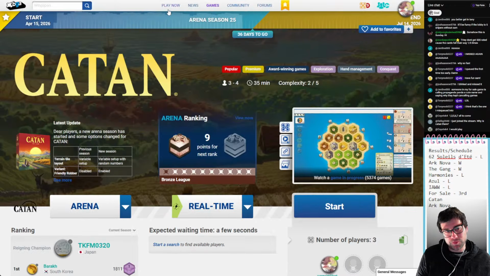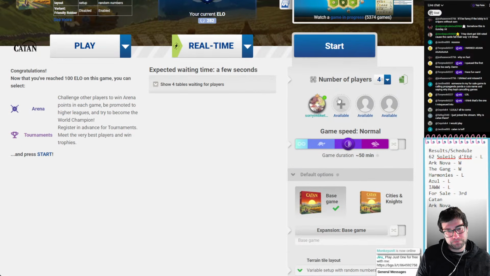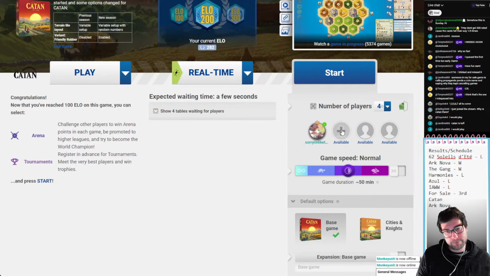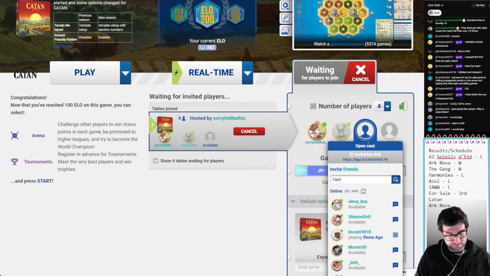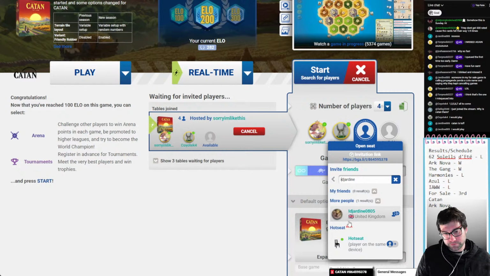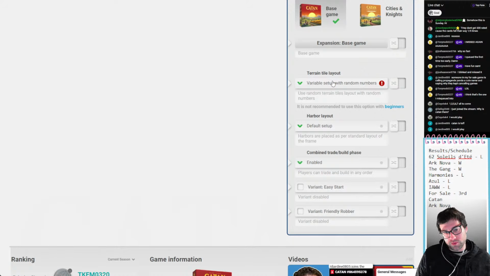Mike is in. Do we have 2 more? Catan is tough. What do you mean tough? Jardine's in, okay. I think we can get a table going then. Oh, not a 1, not a 1. Who's our lucky 4th player? Oh yeah, okay, our variable